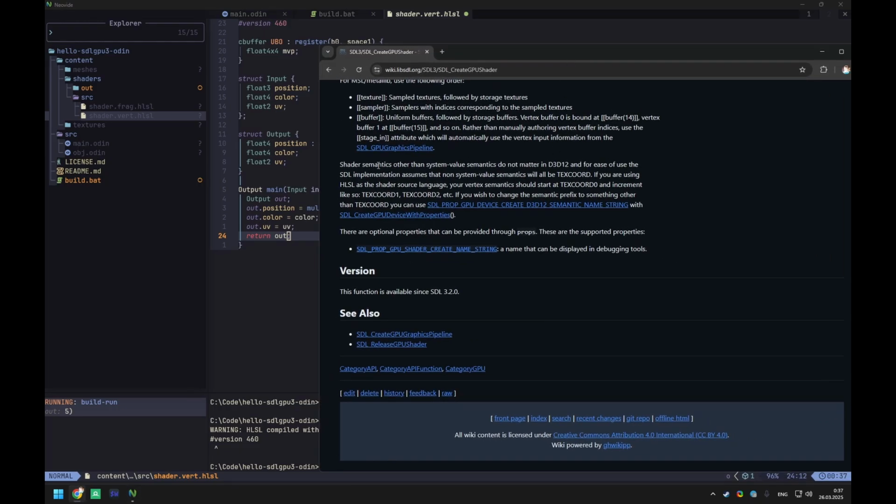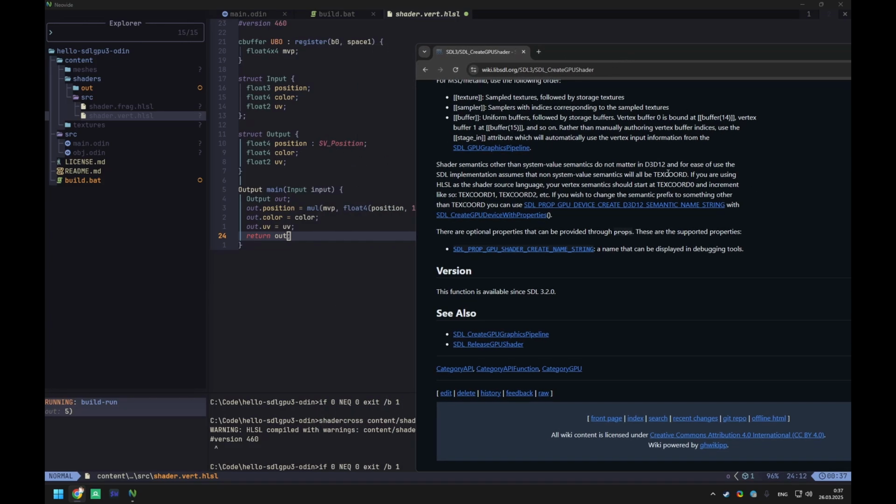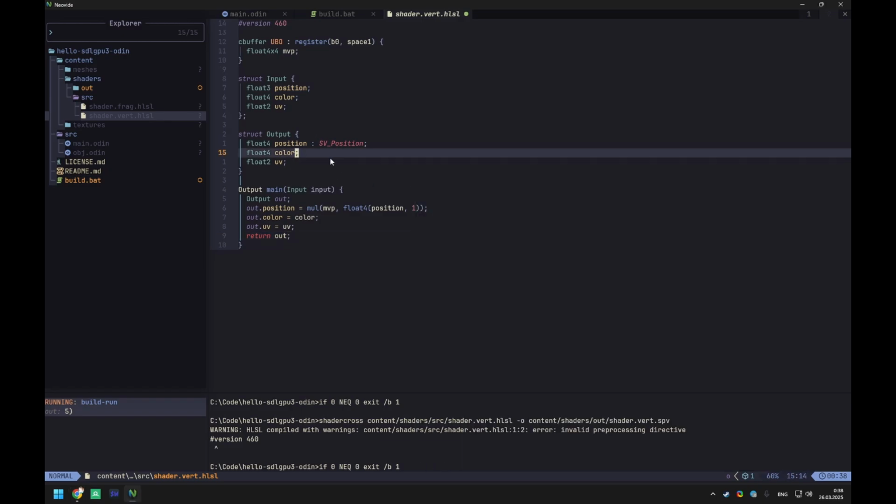It's actually described here that it doesn't matter in Direct3D 12, and for reasons of use, SDL implementation assumes that non-system value semantics, so not SV, will all be TEXCOORD, which is a special name originally for texture coordinate, but you can use it for everything else. And SDL assumes that the semantics should start with TEXCOORD0, increment like so, TEXCOORD1, 2, and so on. Not sure how they actually use that, probably for something internal, but what we can just do is